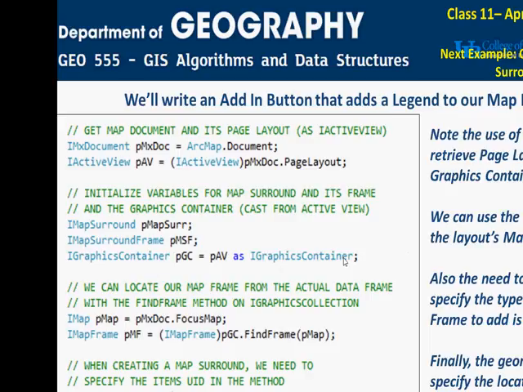So now, what we'll do next is look at an add-in button that adds a legend to the map frame. We'll add a legend to our frame automatically. So some of the code that you'll see here, we get to the map, the map document like we always have,